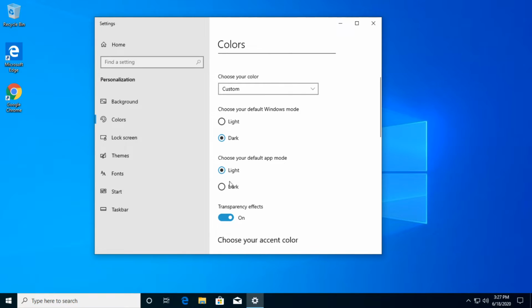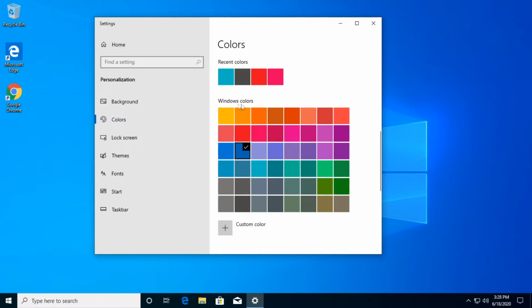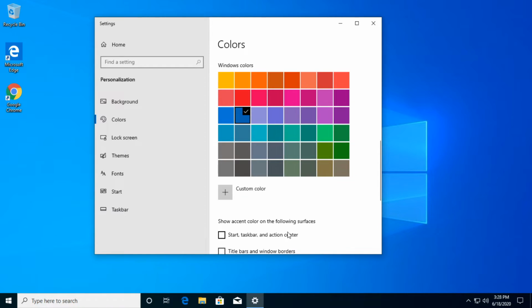Here you can leave it on light or dark, that doesn't change the settings, but it's important that you change your default Windows mode to dark, because on light you cannot change your taskbar color. And now you can select another color from Windows colors. From down here you can even create a custom color if you want, but as you can see the color